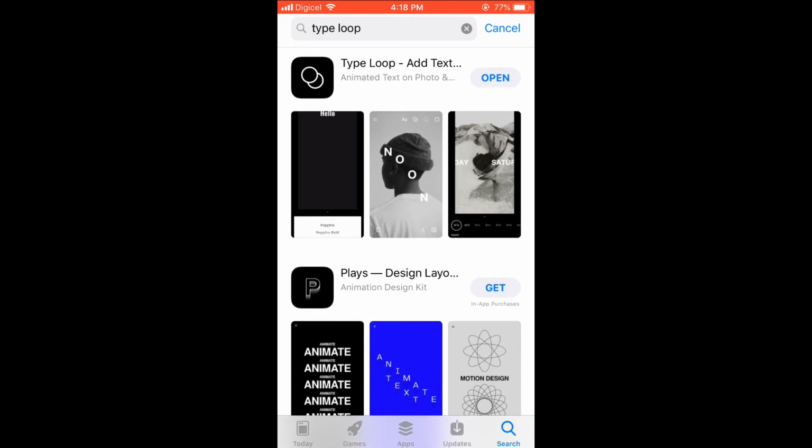And then after you have downloaded it, you'll simply open it, and when you open it you'll be led to this page. Now, to add a pic in the background, you'll simply tap on the screen